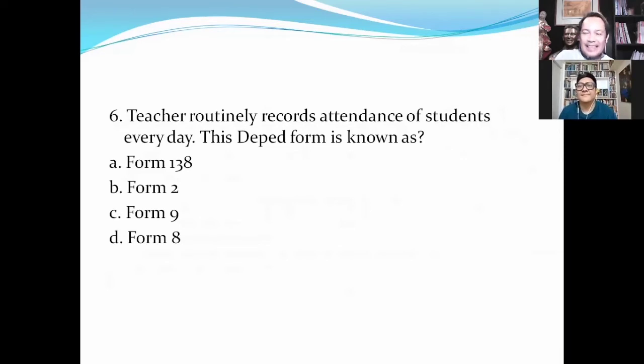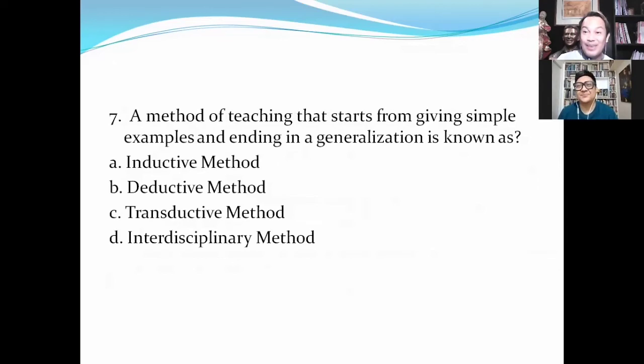So, nilagay ko itong particular question na ito kasi sometimes the licensure exam for teachers would also like to measure kung familiar yung mga examinees sa mga trabaho natin ginagawa aside from yung teaching process. Dapat yung mga paperworks familiar din tayo. So, kaya naglagay ako ng ganyang tanong. Okay. Form 2. Form 2 is attendance.